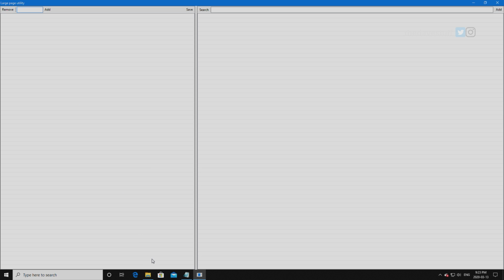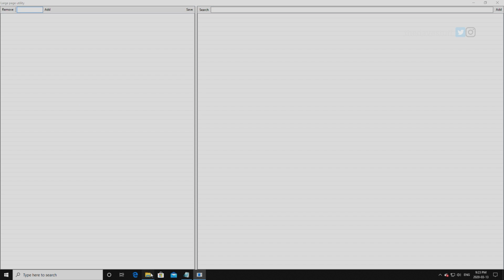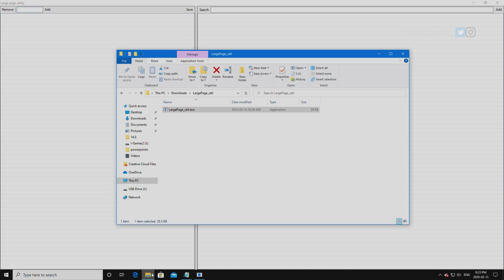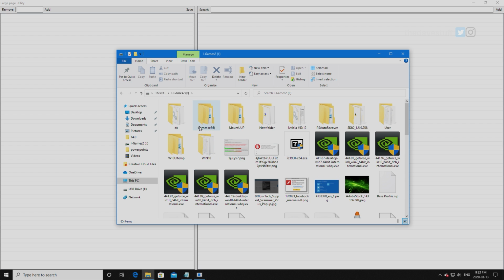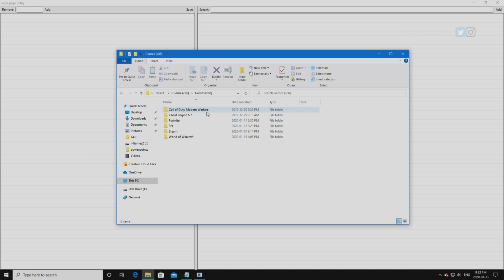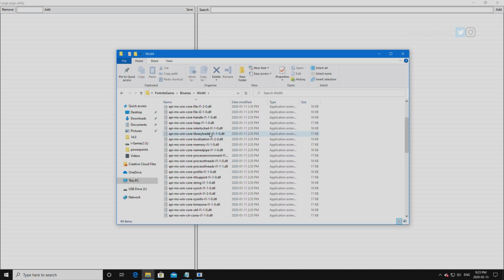So to add an app or a game or even a service, I'll use Fortnite as an example. So I'm just going to browse for it on my hard drive, and I have to basically copy the file name. It's a little bit painful in this case here, but Windows only enables this feature based on the name of the program or the app or game. So in my case here, it is Fortnite